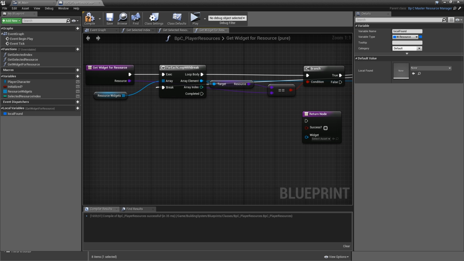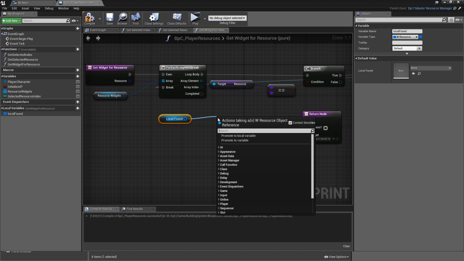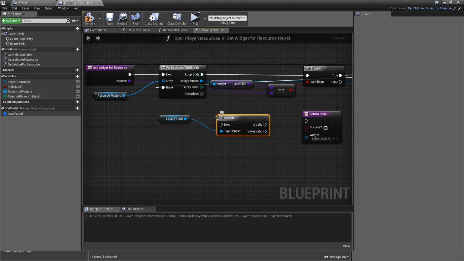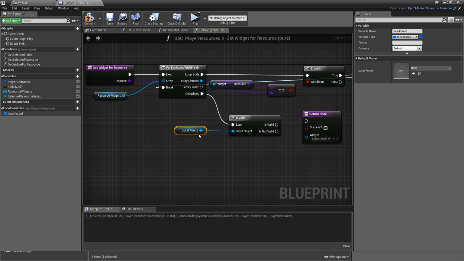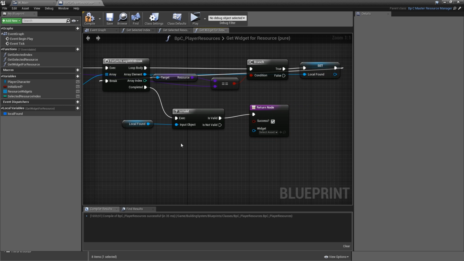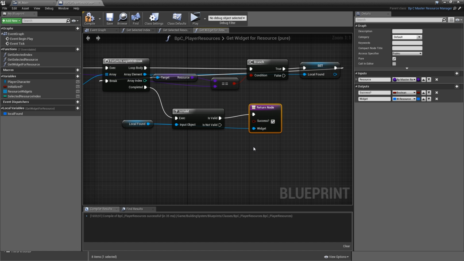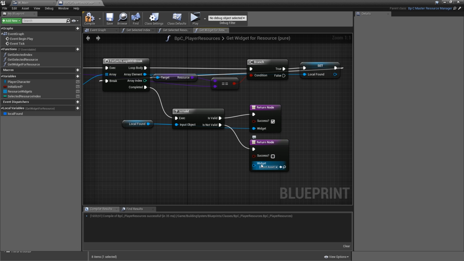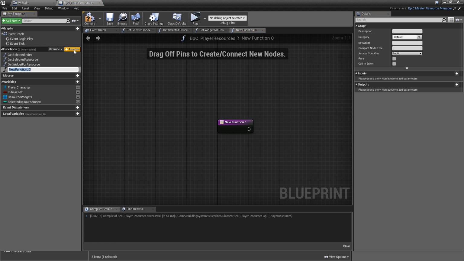Once we've completed our loop, we want to check whether the local found widget is valid. So did we find anything or not? And if it is valid, we can go into our return node and return successful with the local found as our widget. If not, just copy over the return node and uncheck the success and don't connect anything to the widget. Then we will add another function called currently